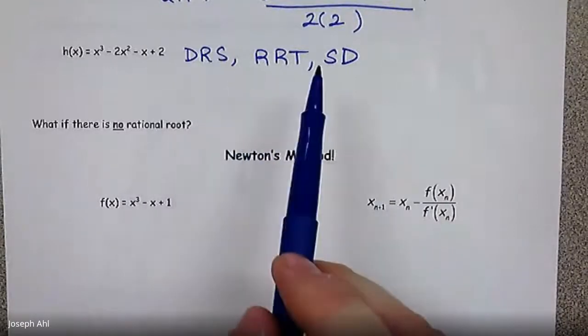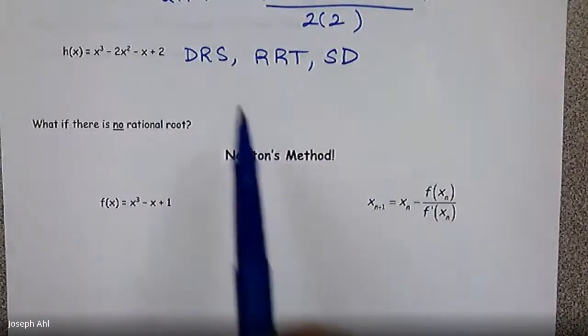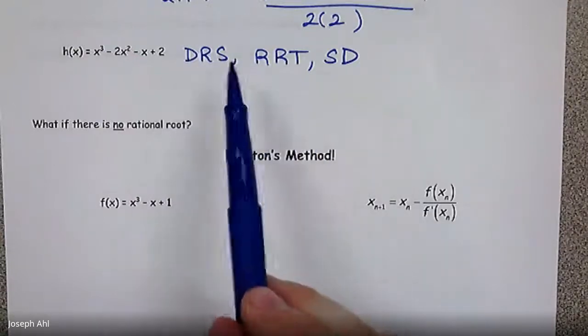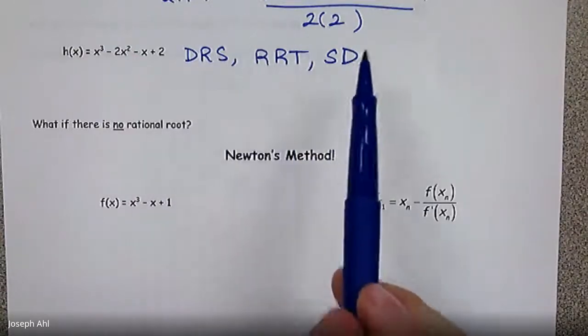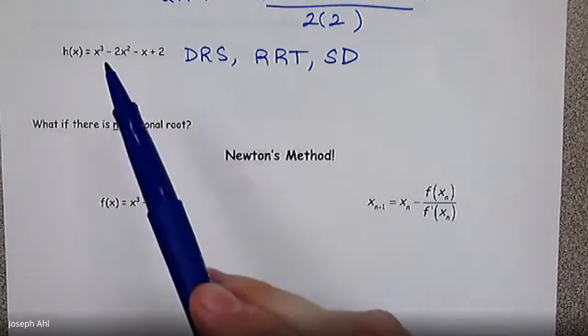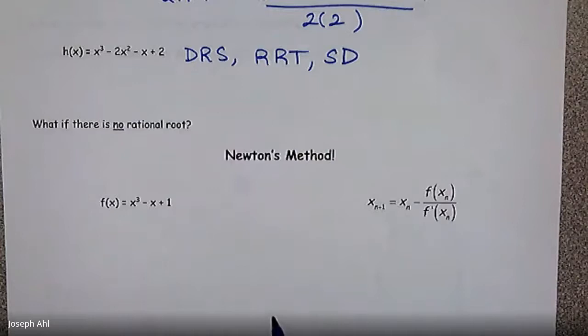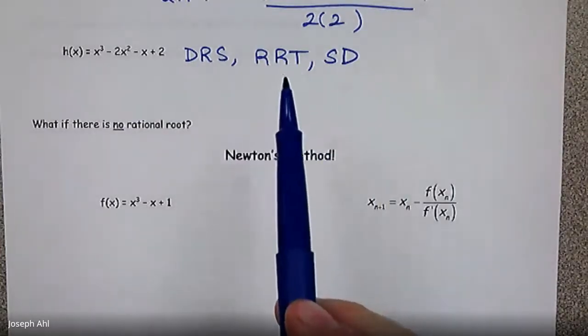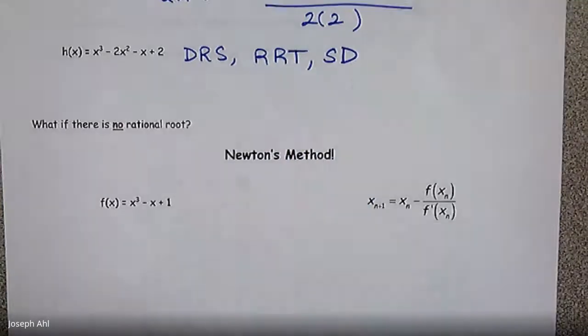Do you even know what these things mean? Maybe you do. Maybe you're shouting them from the comfort of your own home right now. How about like Descartes' rule of signs and rational root theorem and synthetic division? All those things might help you to find roots of cubic polynomials and higher, right? They're kind of all these tricks and tools that can help me find possible rational roots to test by using